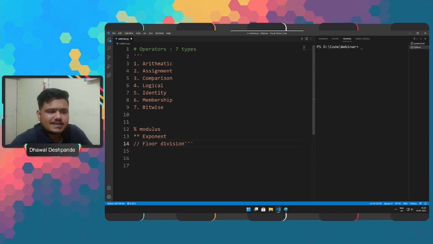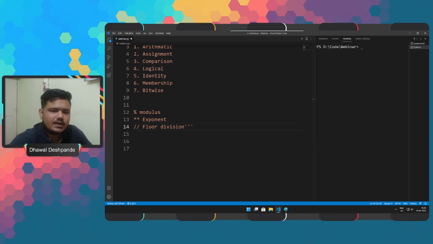The next type is assignment. As the name suggests, these operators are used to assign values or assignment of any variable, correct? So I'll quickly go ahead and list these particular assignment operators. The first one is equals to, and I do understand that as you have been working with different languages, you have come across and do understand how these particular operators are being used.